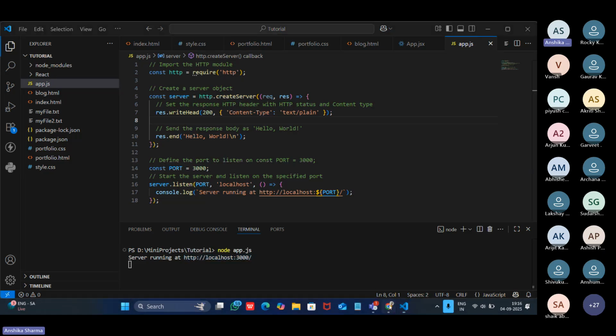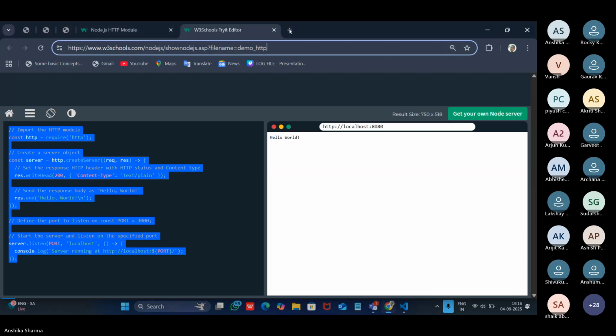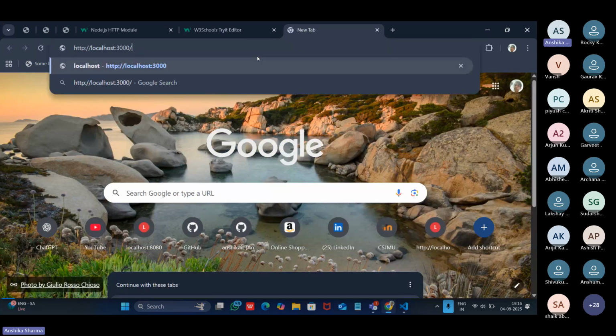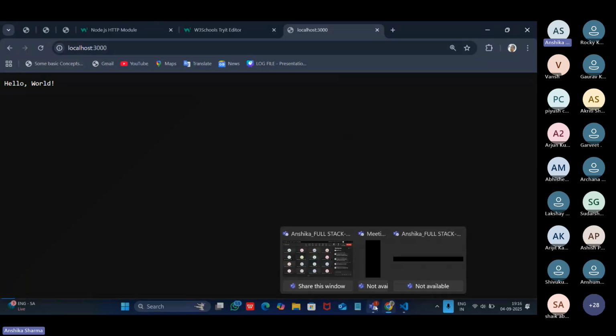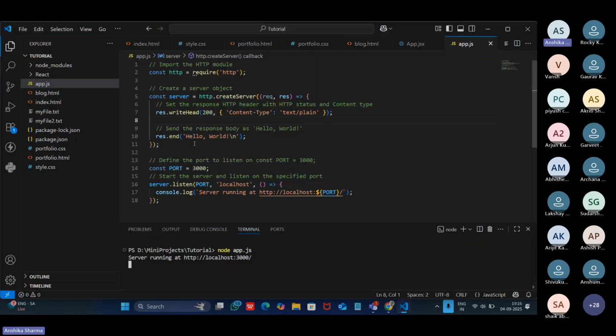So let's go to our browser. Pasting the same localhost 3000, we can see hello world over here. Why is that so? Because over here we are trying to respond to the server with hello world. If we change the string,